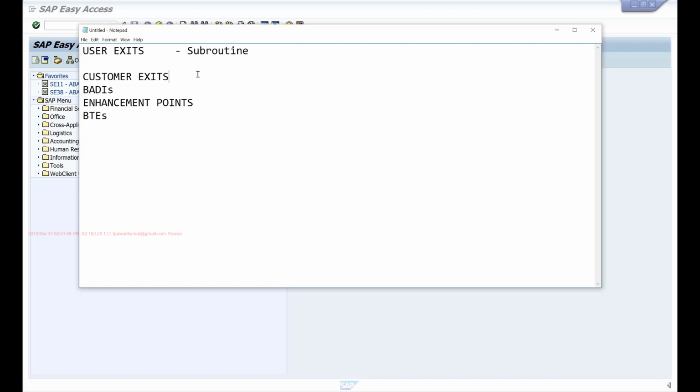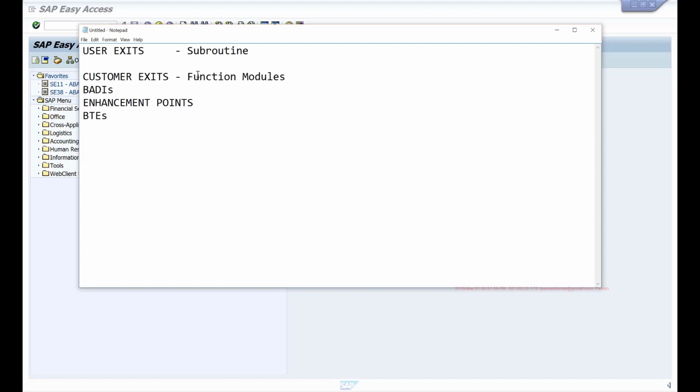So then SAP felt the need to control what data can be changed when you are implementing these enhancements. So they introduced customer exits. These are implemented as function calls. So in the main program, SAP will make one function module call and it will leave that function module for you to implement, so that if you want to customize the functionality, then you can write your code within this function module.